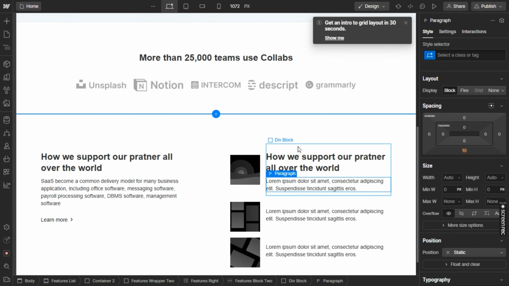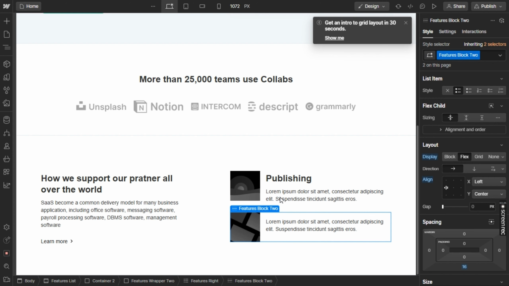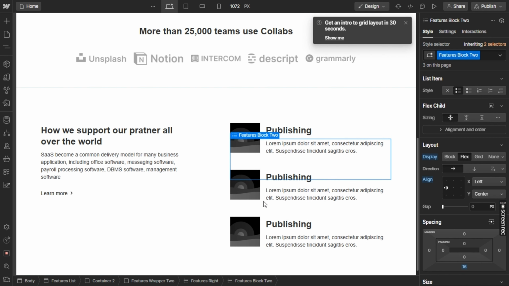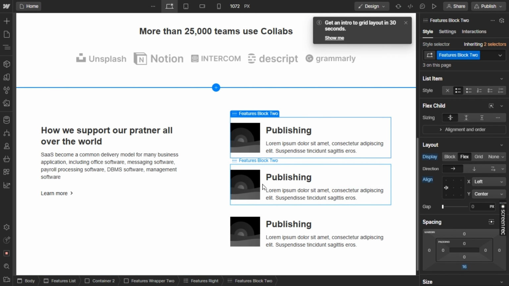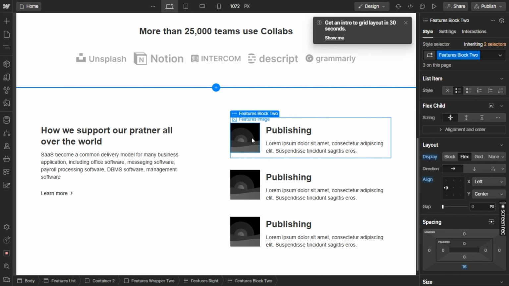So now it's looking good, and if we paste the text here, then it looks just like our Figma design. So now we have to remove the other items because we have just customized this item, and we just have to press Ctrl D. It will duplicate the component for us,